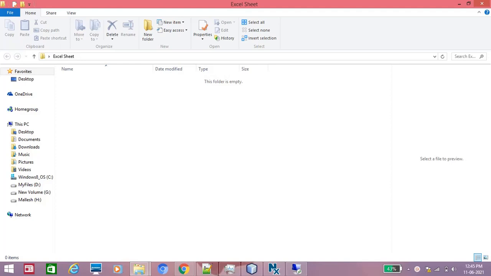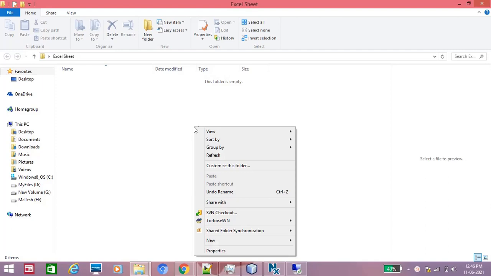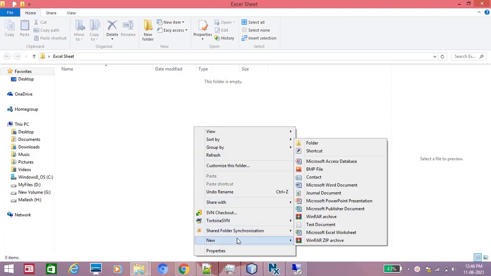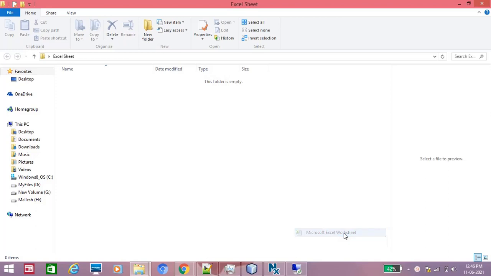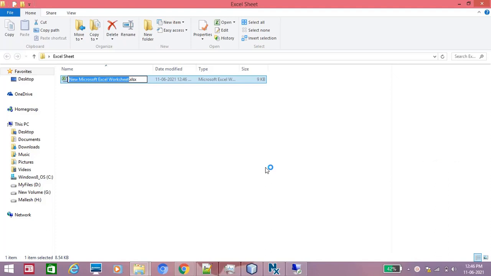Excel sheet. Under Excel sheet, how can we use formulas? So today we will discuss Excel sheet formulas. I just created one folder, and there I am opening and creating one Excel sheet. Here, right click, then you can select Microsoft Excel sheet. So we are opening the Excel sheet. Whenever you want an Excel sheet, you can right click and select the new Microsoft Excel sheet.